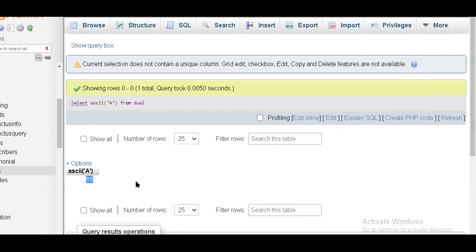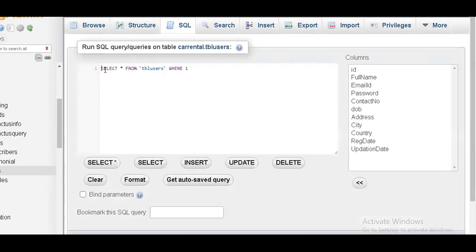A binary number. So it will convert to that binary number. Whenever I type any alphabet, it will convert to the ASCII code. So for each and every letter, we have an ASCII code. We will see another ASCII code. Say I want to go with another ASCII code. What is the ASCII code of small a? ASCII code of small a.